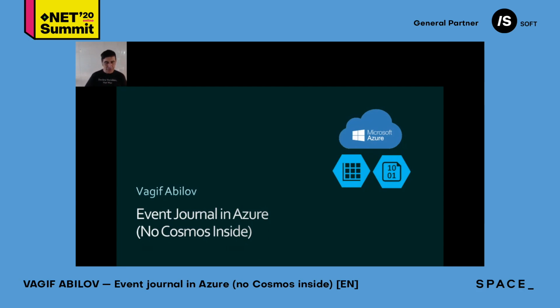We'll be talking about event journals in Azure, and I'll also explain why I put in the subtitle "No Cosmos inside." All my talks usually reflect some part of a project, some part of our internal development, and this is no exception. Actually, we used to have a journal of events written in MongoDB on premises, and so this